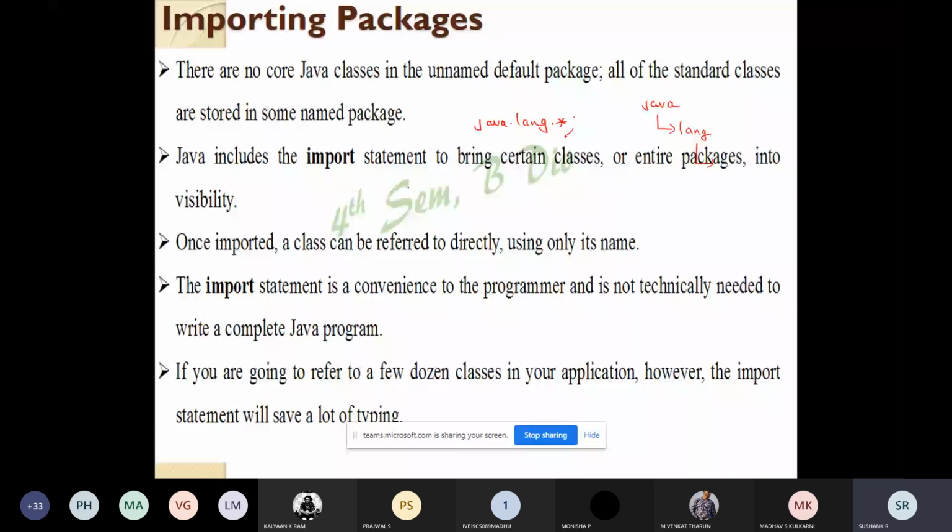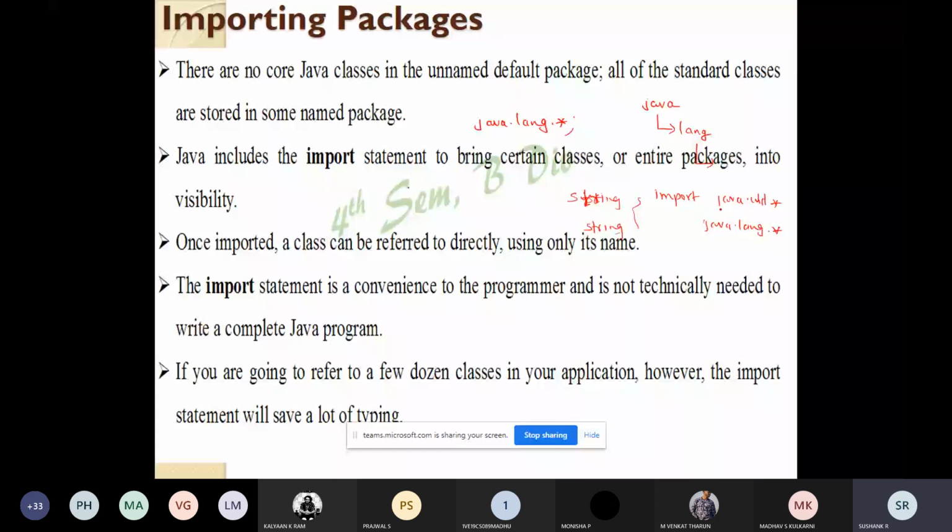And also, what happens if I'm using two packages? One is java.util.* and the other is java.lang.*. In these we have some classes, like System. For example, assume that instead of a class we use String. We have a class called String which is there in both packages. So we will assume that the String class is common in both the packages.